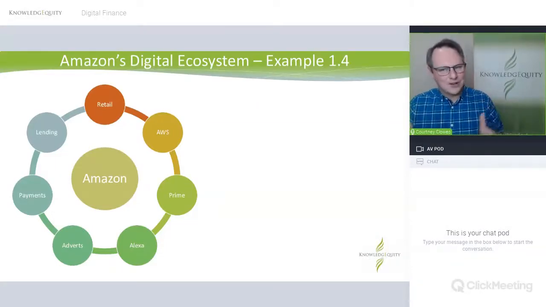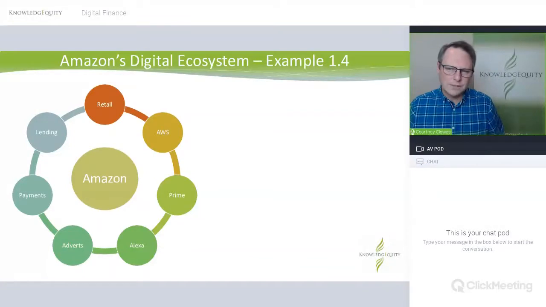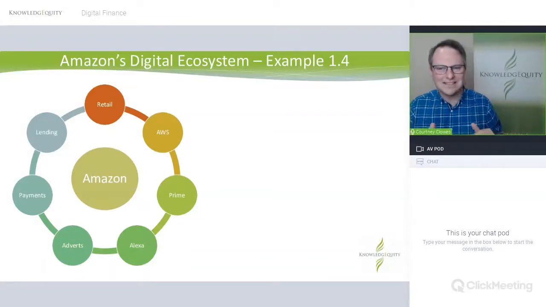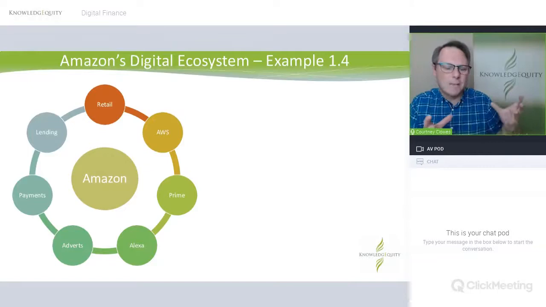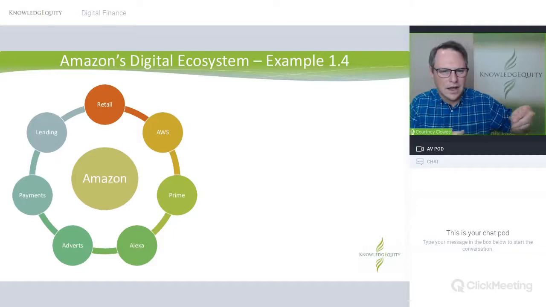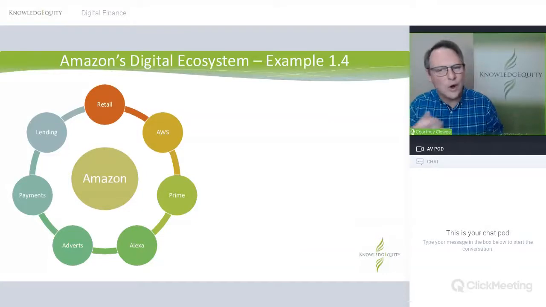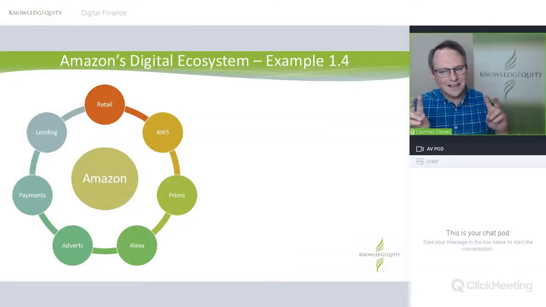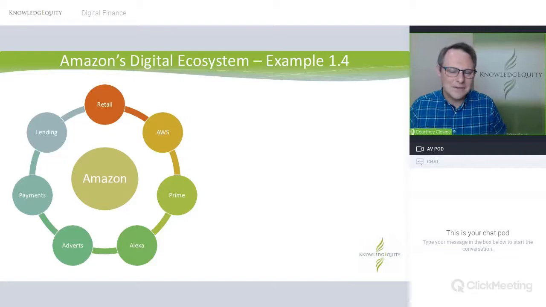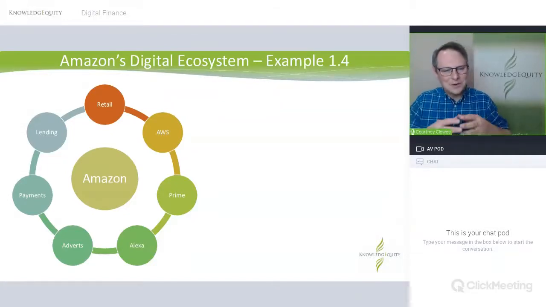So to help understand an ecosystem in more detail, example 1.4 talks about Amazon and all the different bits and pieces that Amazon actually is. You started off as just an online bookseller, but fascinating, what happens is from online bookselling, that retail arm, they moved on to doing things like, well, if they need to have a massive warehouse, they may as well help other people sell their products out of that warehouse. And then they needed huge computer systems. So they think, well, we're really good at computer systems. We may as well help others. So anyone else who needs cloud-based computer systems, will rent some of our cloud space to them as well. And so it just grows and grows.